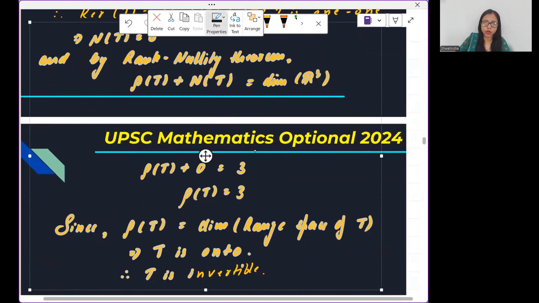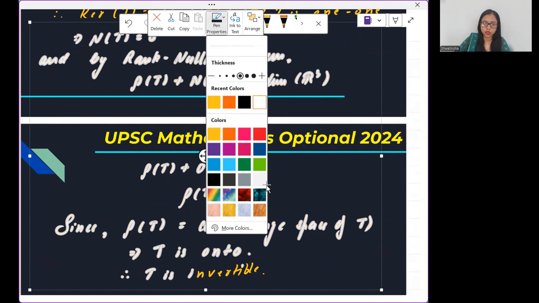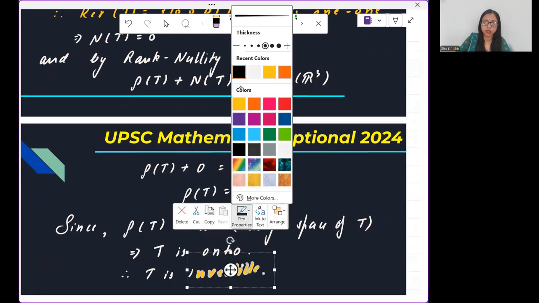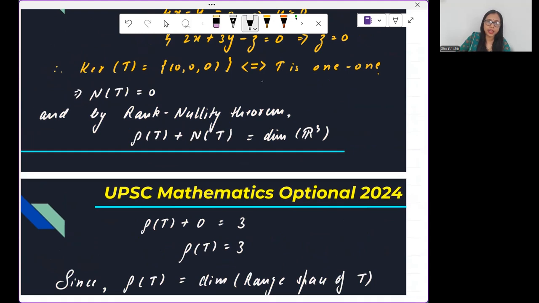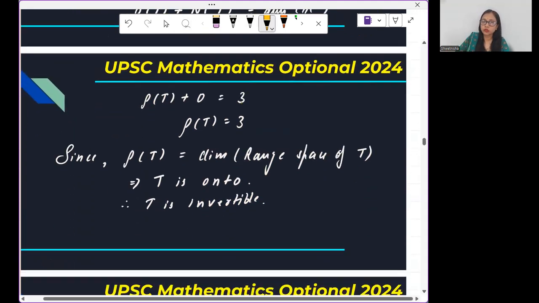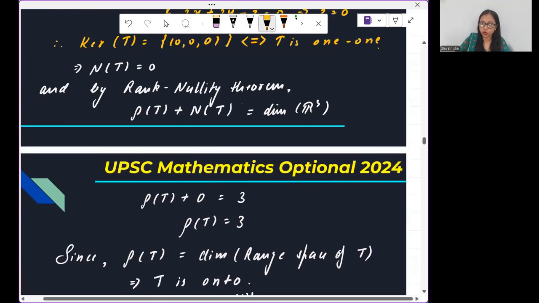So this onto part, I have an alternate way for the onto part that will also solve the problem of finding the T inverse. Okay. So what is the meaning of onto? Like, what is the definition of an onto function? An onto function, or an onto linear transformation over here, is that